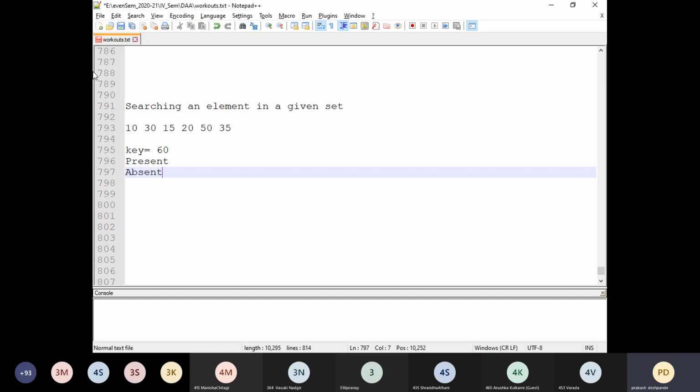This solution is known to the user who is devising the solution here. The element which I'm searching for in this type of problem might be present or might be absent. With this assumption, the designer of the algorithm will start to write the code by involving the divide and conquer technique.